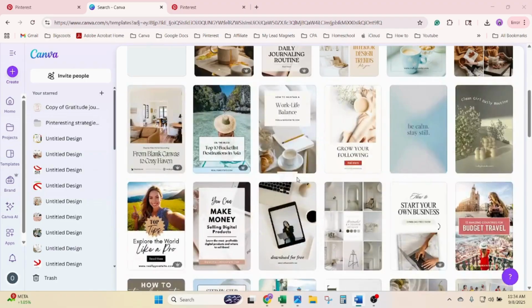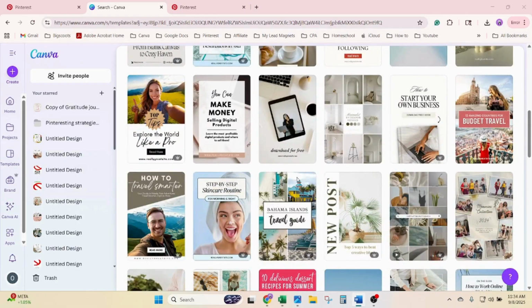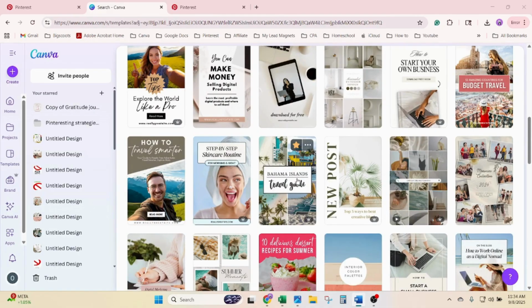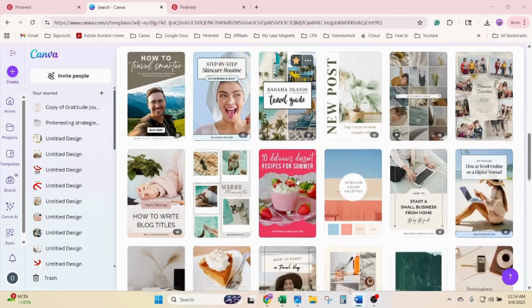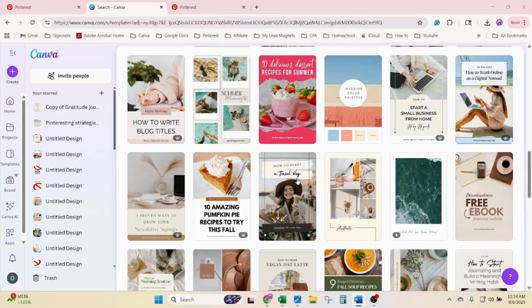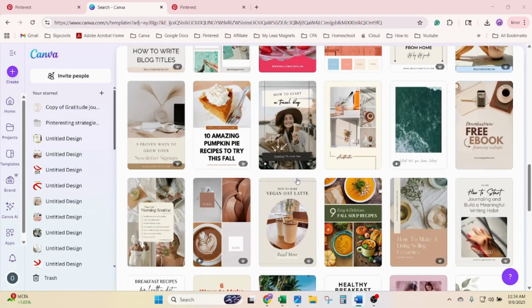So each pin should clearly solve a problem. For example, if your board is wellness tips for moms, a pin could say 5 simple ways moms can boost energy and stay healthy. And if you're unsure of what to write, I use my Pinterest AI prompts and planner